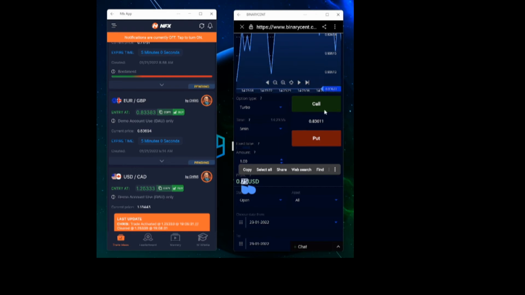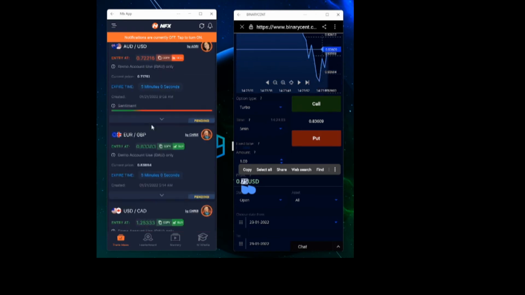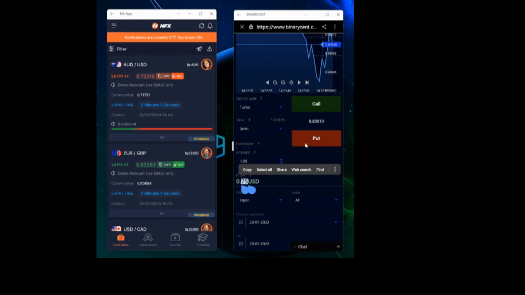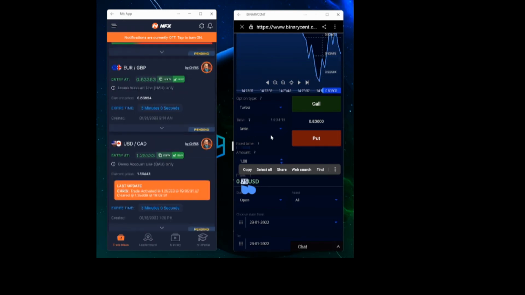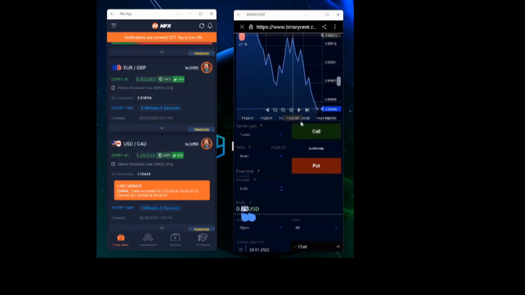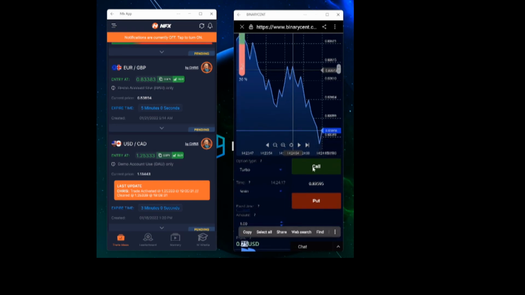and then you would hit the corresponding button. So if this particular line is green, you know that you're going to buy, which is a call. If it was red, as in this example here, you would hit the red button, meaning that this is a sell, so you're going to sell it. So in this situation, even though the price is not where we want it to be, I am just going to enter in a call for 5 minutes just so that you can see what it looks like